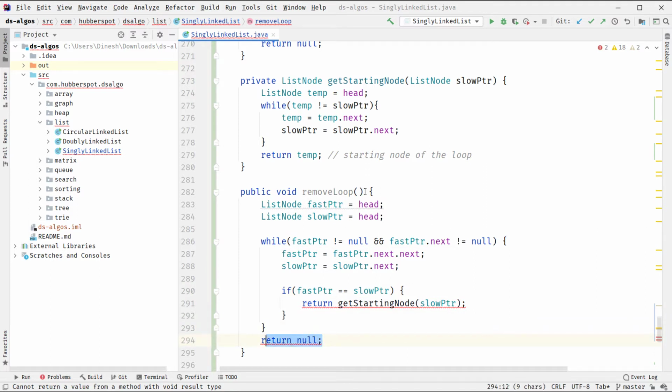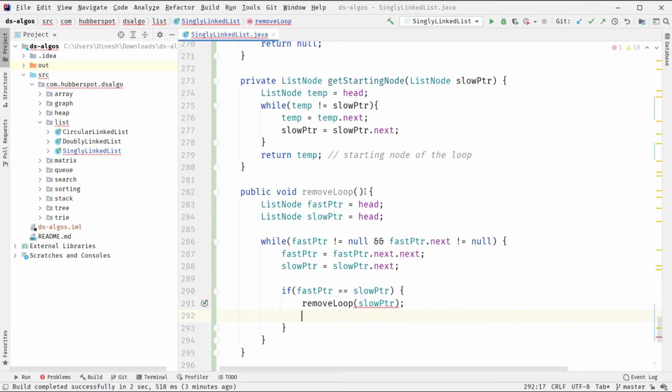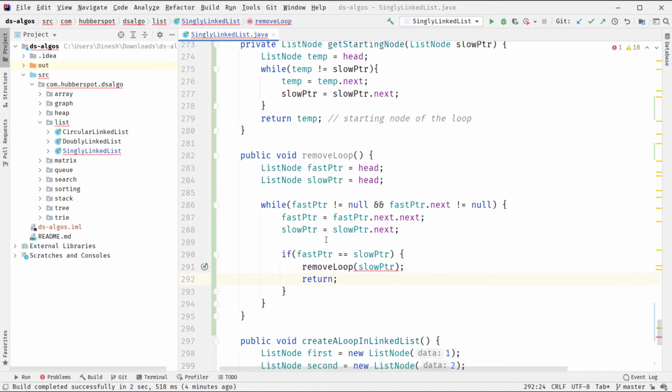We'll remove this return null, and instead of going and finding the starting node of the loop, we'll simply call a method remove loop and pass in the slow pointer, and once we remove the loop, we'll simply return from this while loop, or we can break the while loop.